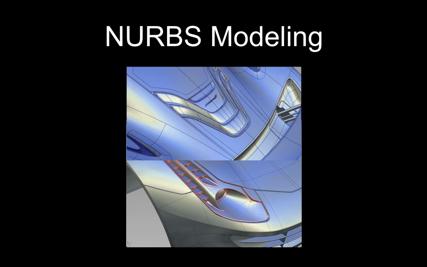NURBS modeling, on the other hand, is all a bunch of surfaces that are put together. Now, it's a Ferrari underneath, and I believe a McLaren above that. The great thing about these is that if you have this as a Class A surface, you can take this directly to manufacture. So I would not be surprised if a few of the molds from here went straight into the machine shop